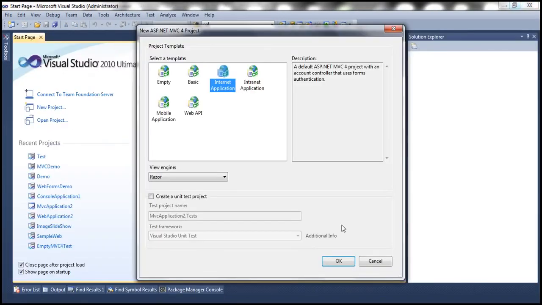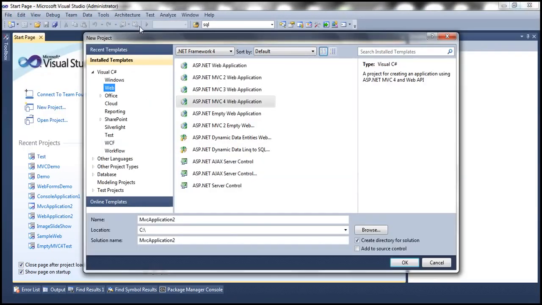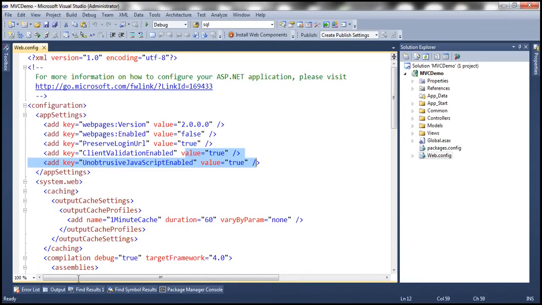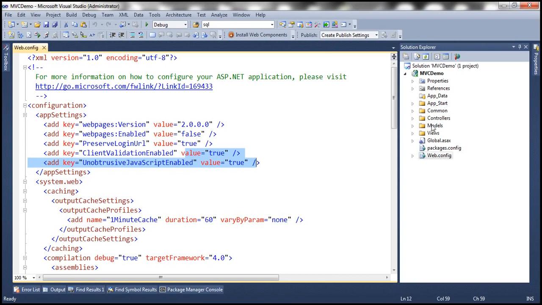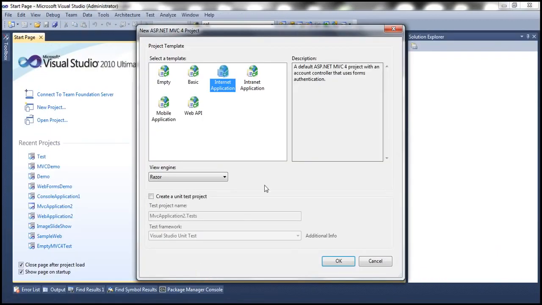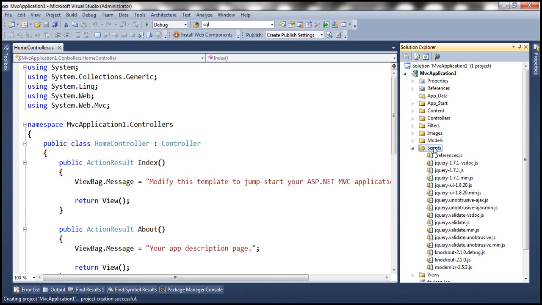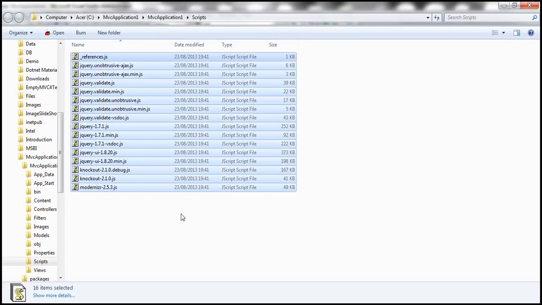So here, when we go to File, New Project, and select ASP.NET MVC4 application, once I click OK, look at this, you have the option to select a template. Now when we created this MVC demo project, we selected empty template, and that's the reason why at the moment we don't have scripts folder there. But when I created this MVC application 1, I chose Internet Application Template, so I got scripts folder as well. So let me open this in Windows Explorer, copy all these script files, and then let's go back to